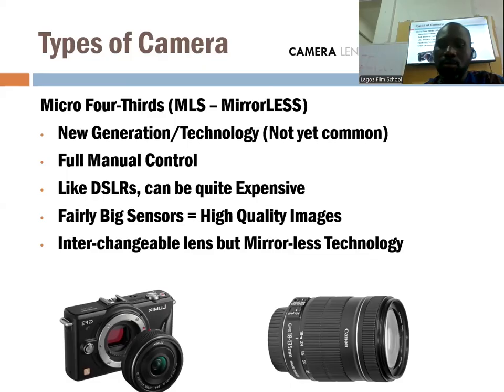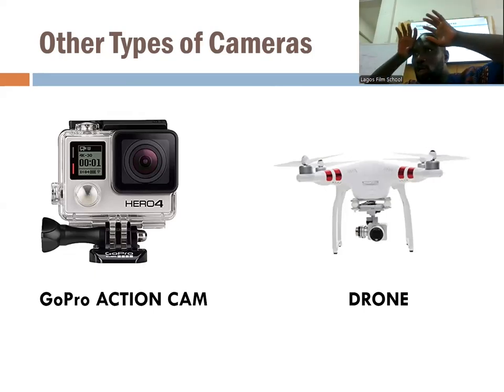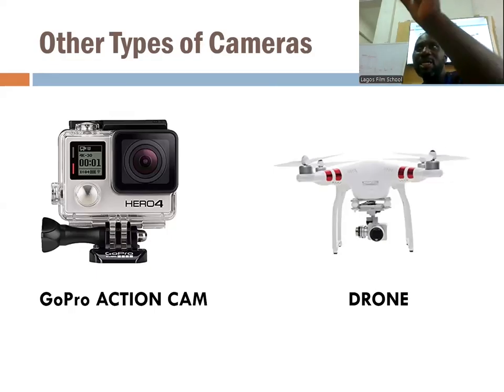Other cameras you can use is the Action Pro. It's a small camera like this, records 4K. It's for sports. If you've ever seen a biker and it looks as if he's recording from his head, it's these cameras. They're not bigger than this size. You can strap it to your helmet or body or bike, etc. And then drones come with their own cameras for aerial shots.